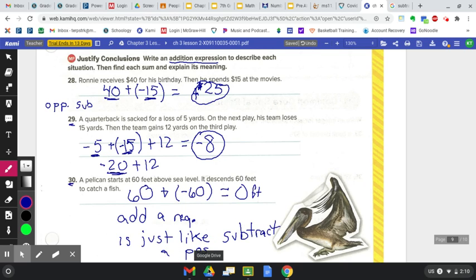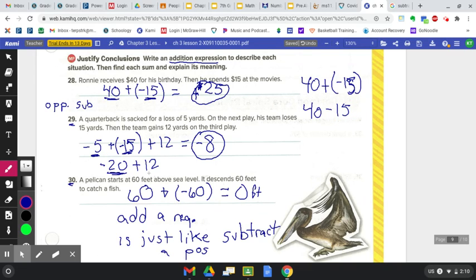So adding a negative is just like subtracting a positive. So 40 plus -15 is the same as 40 minus 15,